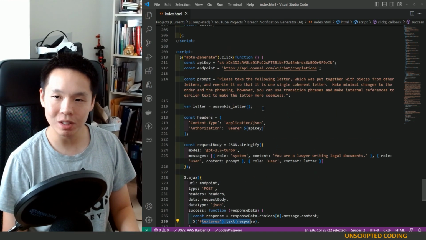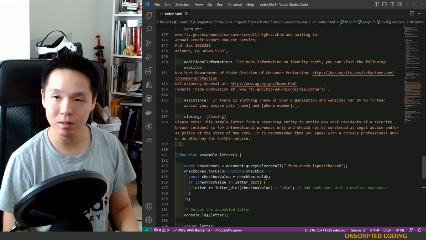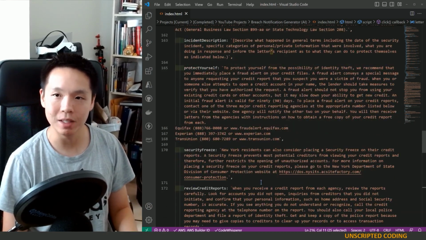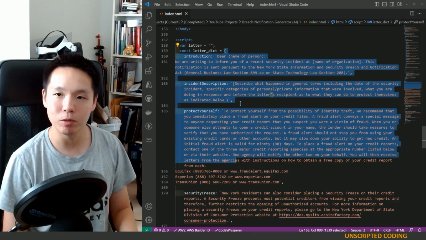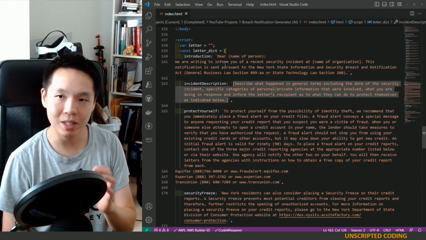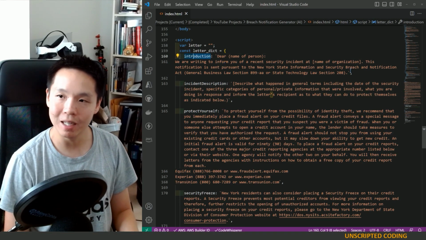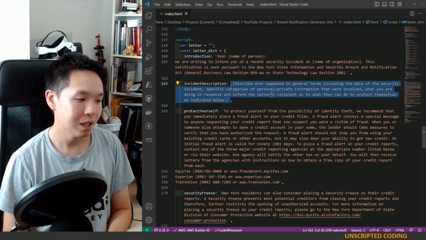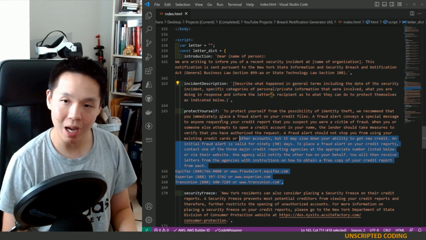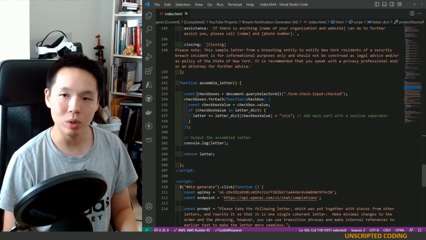I think the interesting piece is the assemble letter, and luckily I had a lot of help from ChatGPT again. We had that letter dictionary that I was talking about before. Every piece of text was given a title, so I could search introduction, and it has this piece. Incident description, and we have this piece. Protect yourself, and we have another piece. So what we've done is we go through,